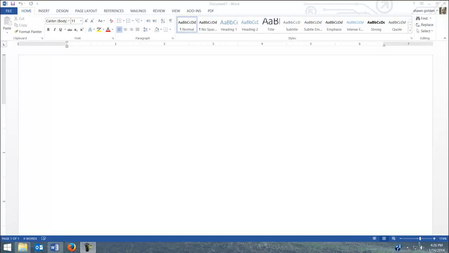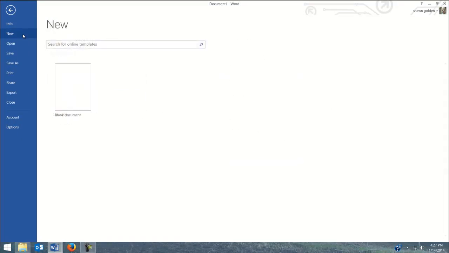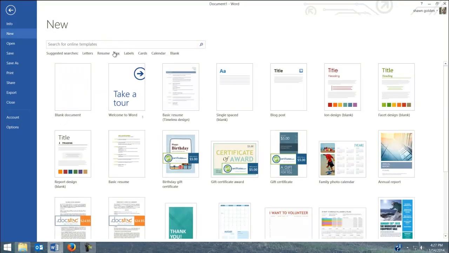Word Project 5 talks about how to use a template to create a resume. The first thing I'm going to do is I have Word open in a blank document, but I'm actually not going to use that blank document. I'm going to go to File and New and go to Templates, and actually under Resume,